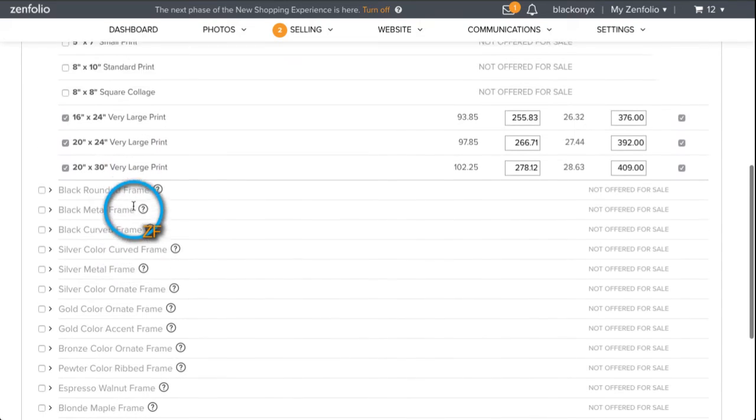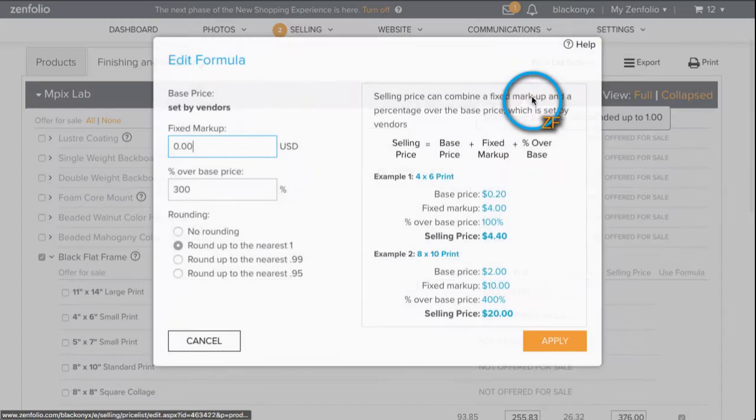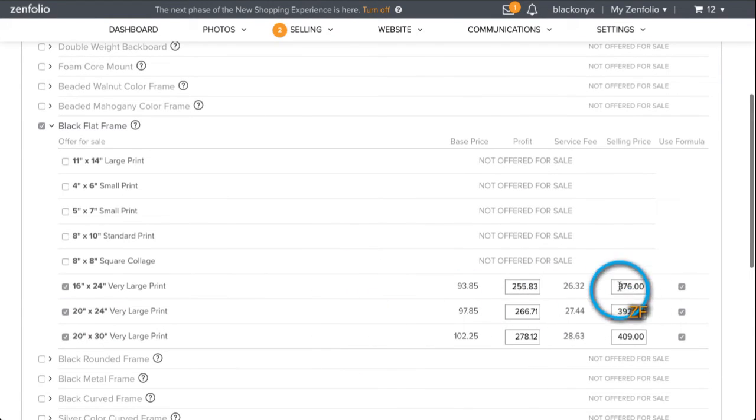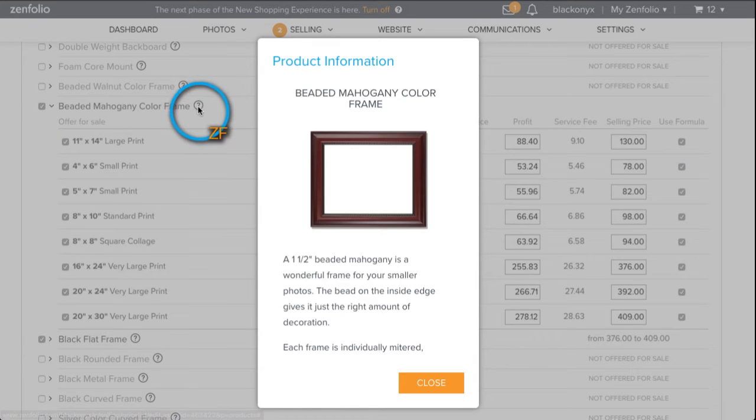There's quite a few products here, and if you're familiar with the price list, the pricing is the same. You can just use the pricing formula, or you can come down here and set the price manually right here. So what you would want to do is just click the ones that you want to offer right here like this. If you want to know more about it, you can just click that question mark right there, and it's